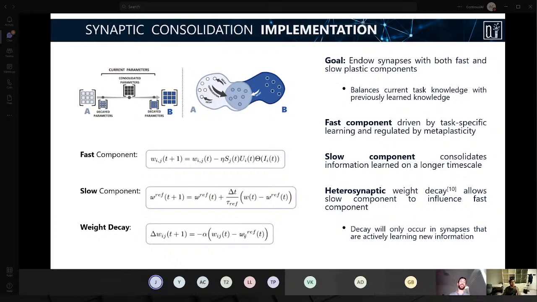But what we wanted to allow was that this slow component needs some way to interact with the fast component, right? Otherwise it does nothing. It's just there by itself saying, hey, this is what you used to be. So to allow that to happen, we have something called heterosynaptic weight decay. And this allows a bidirectional communication between the fast and the slow component, where, if a postsynaptic neuron spikes, meaning that this synapse is actively contributing to the current task and is going to be changing its weights,